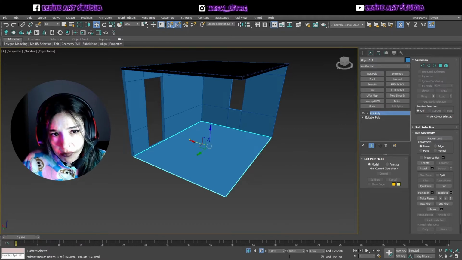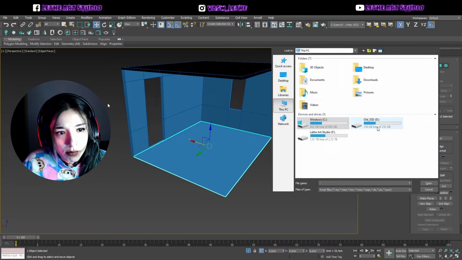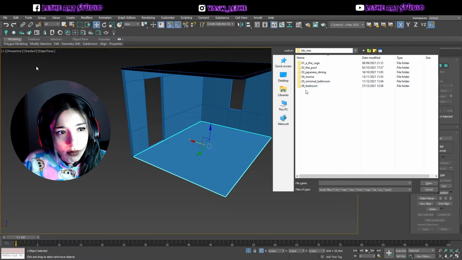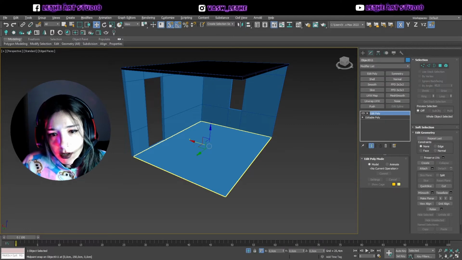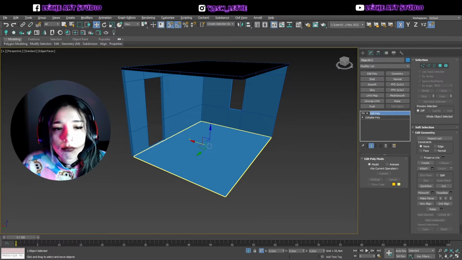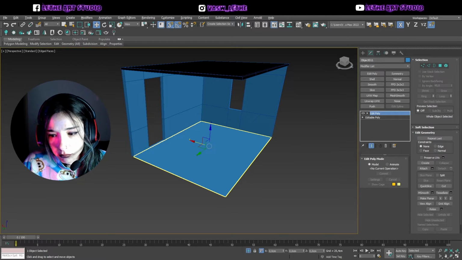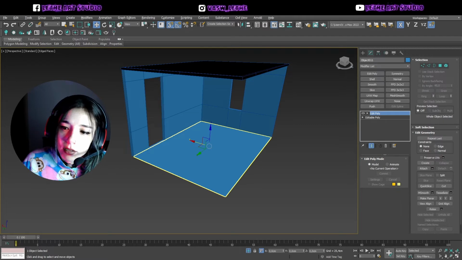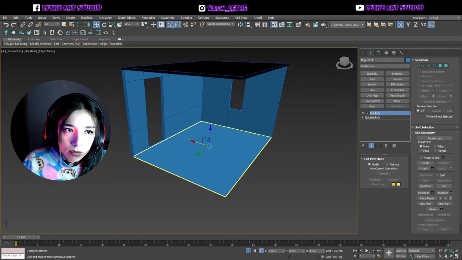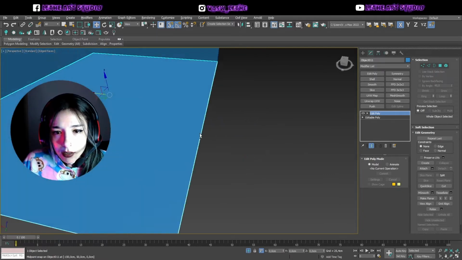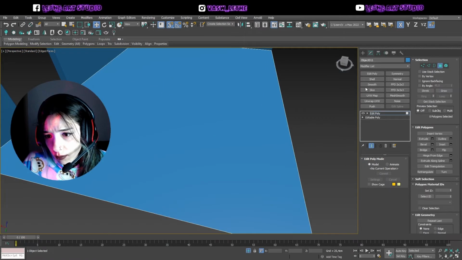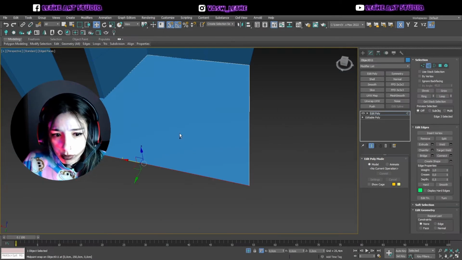I don't think it will work, but it wouldn't. And from here, because I'm bored, I don't want to close the program and reopen it. I really am bored. I'm just grabbing